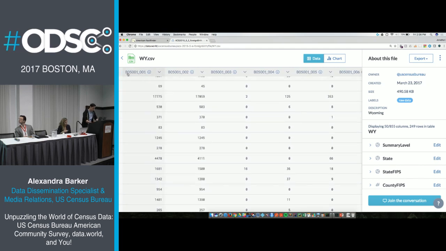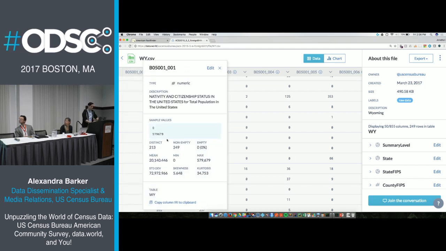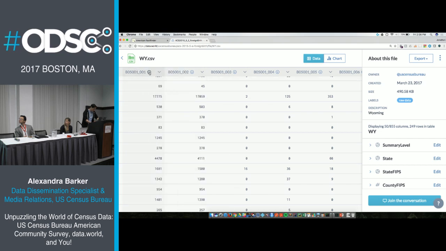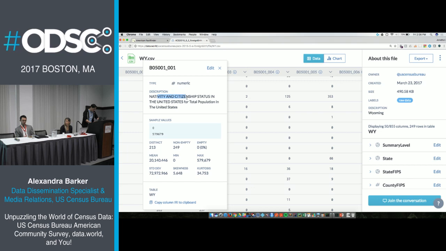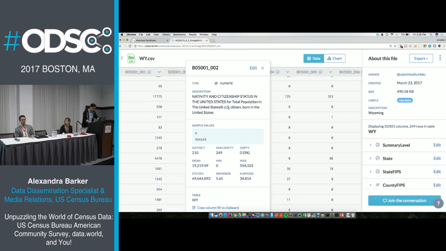And so these are those variable IDs that Alexandra was talking about. So B05001 underscore 001, what is that? Well, you can either look it up on FactFinder. You can click the little information button here. This is nativity and citizenship status in the United States for the total population.